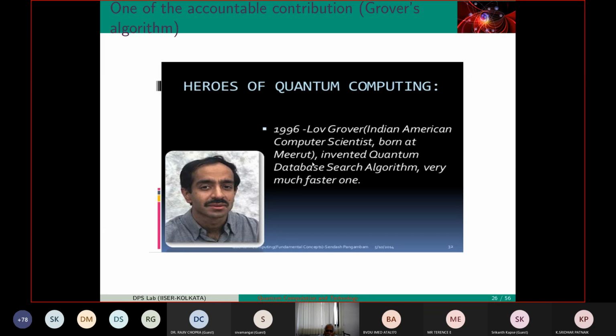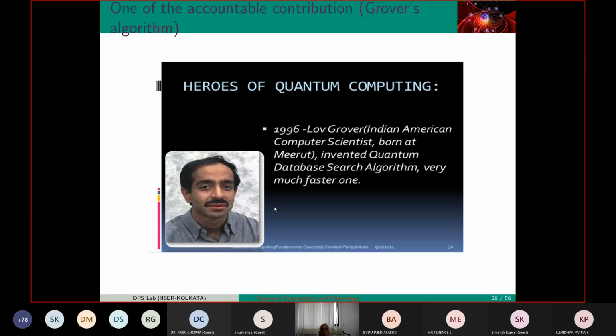Now, the Google search engine is there, of course, but people have shown this is the most powerful one. This has actually found practical use. Many people believe that nature uses this kind of search algorithm. For example, in photosynthesis, when light falls, people claim it is directed towards the reaction center through this kind of method. So in biology, quantum coherence has manifested in photosynthesis, but people are still searching. Many people also believe that when birds navigate, their brain keeps track of the direction through the magnetic field, which is a quantum process. But a lot of work is going on right now. So this was one of the first.